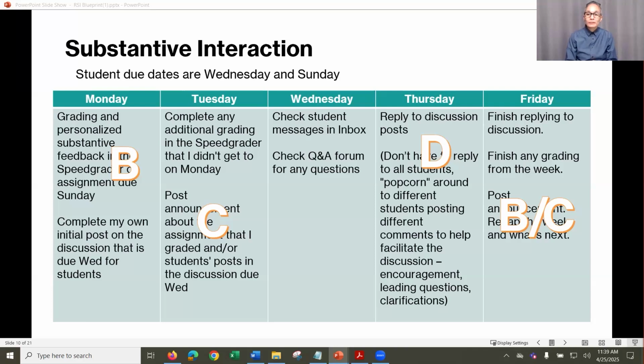Maybe I misunderstood. I just had heard that some things are easier for them to see and some things they had to go find, like maybe the announcements and discussions were easier. Yeah, think about all the times you've looked at any of your colleagues' Canvas courses. The easiest thing to look at is announcements.